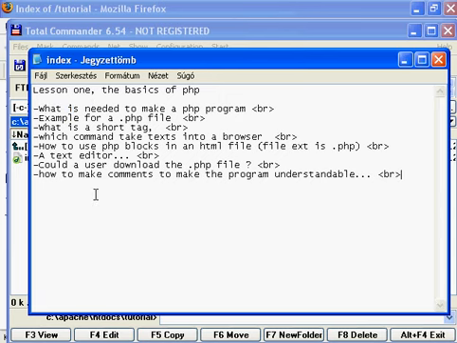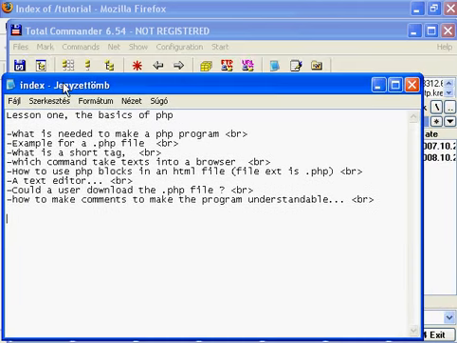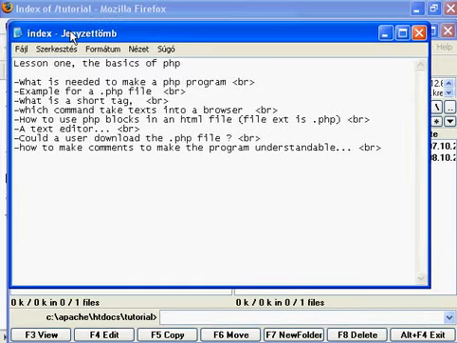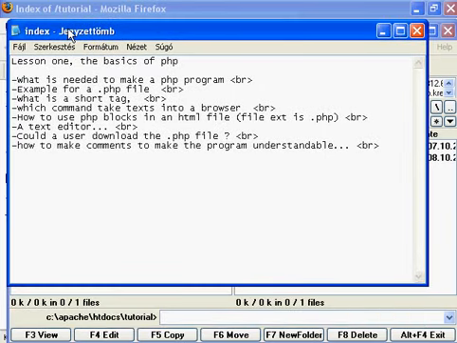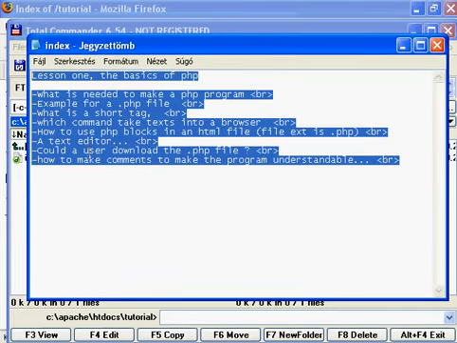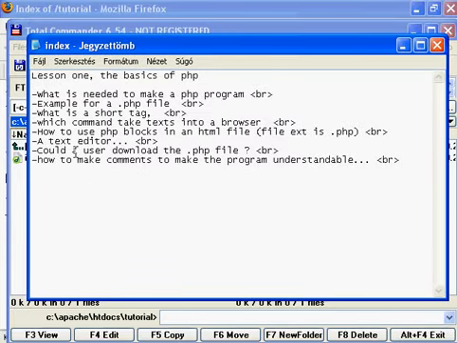A PHP program is written with a text editor or a PHP text editor. For example, a notepad. You could start programming with notepad, but there are several text editors developed to create PHP programs. So it's just a simple text file,